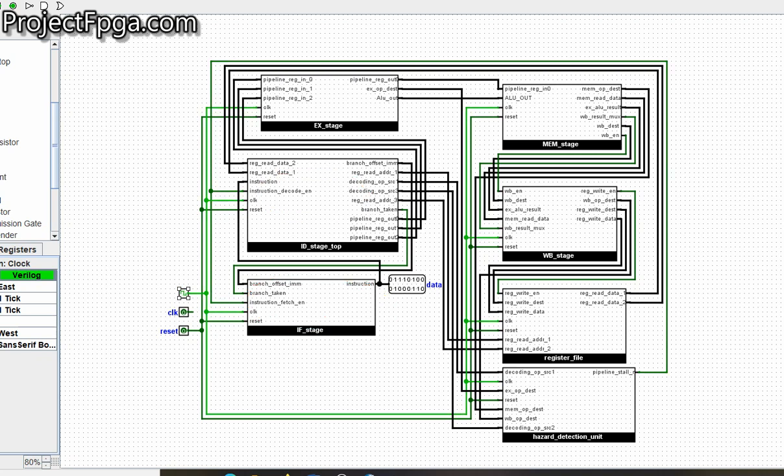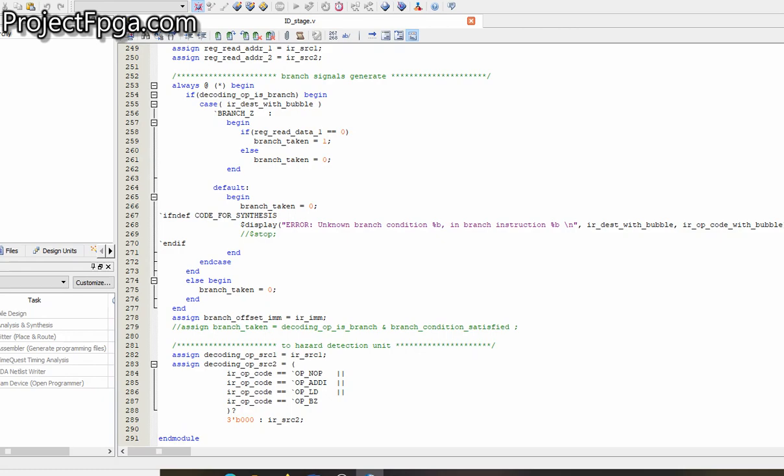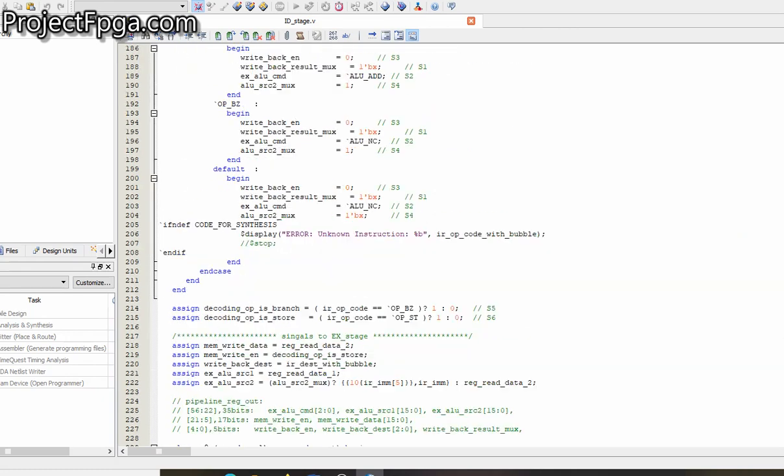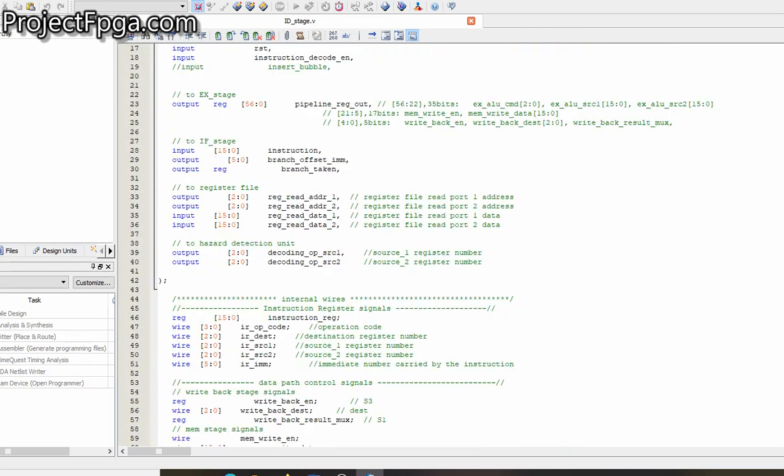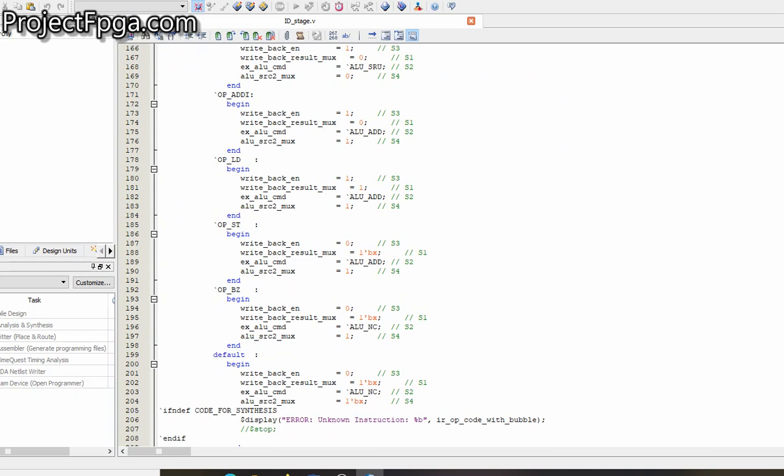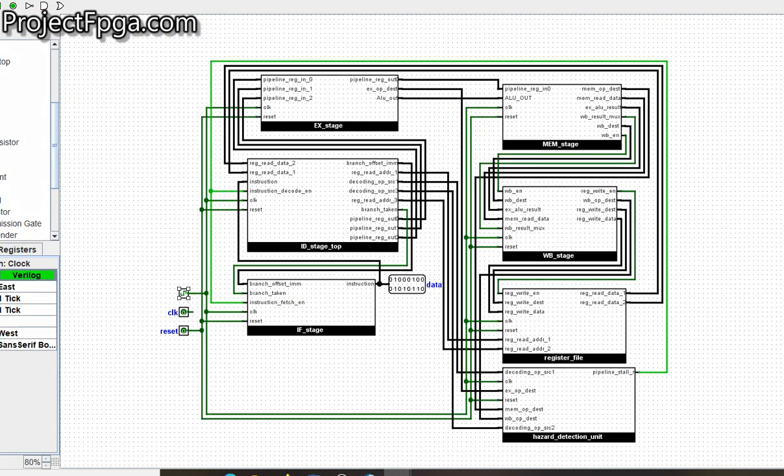Mind you that the Verilog code is there also on my site. There are a lot of them. Each of the codes I actually explain one after the other. Each of the Verilog scripts actually contains each of the stages. So it is like if_stage.v, id_stage_top.v, ex_stage.v, and so on and so forth. So all these you'll see on my